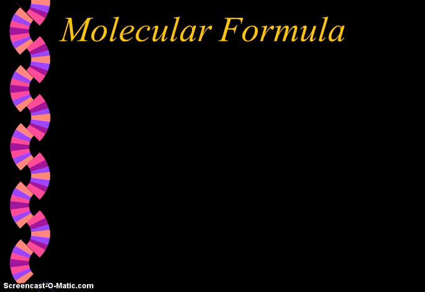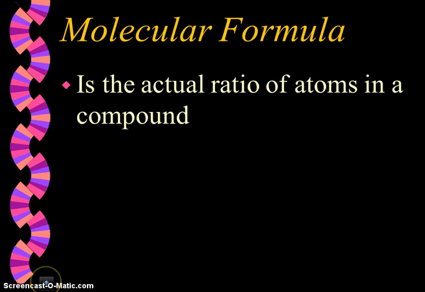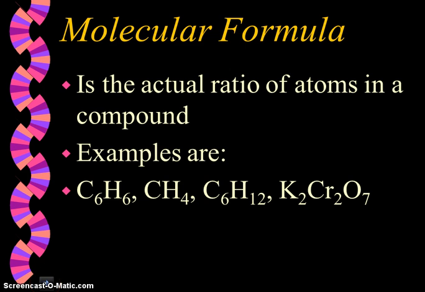compound. Now molecular formulas are another type of formula we're going to deal with in this section. And when we look at molecular formulas, they are the actual ratio of atoms that are in a compound. Sometimes the molecular formula is the same as the empirical formula. So the compound is found in nature in the simplest whole number ratio. But sometimes the actual ratio of atoms is not in its simplest form. It may be some multiple of that form, and that would be our molecular formula. So again, if we look at some examples,